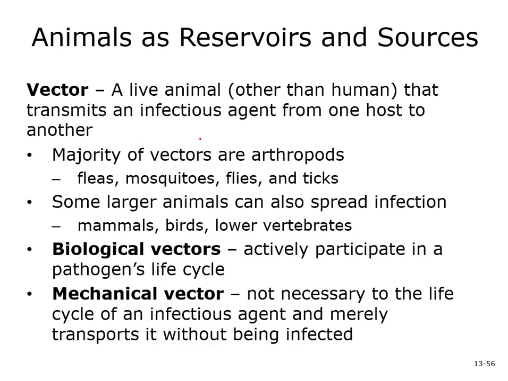So, obviously, one way that humans can get disease is from other humans. Now, another form of transmission is through an arthropod or an insect vector. So a vector is typically, we say, an insect or arthropod. It could be an animal also that carries the disease from the animal or insect to human. What's interesting about these diseases that are spread by vectors, for many of them, not all of them, is that they can only spread via the vector. They can't necessarily spread human to human, and I'll show you some examples.